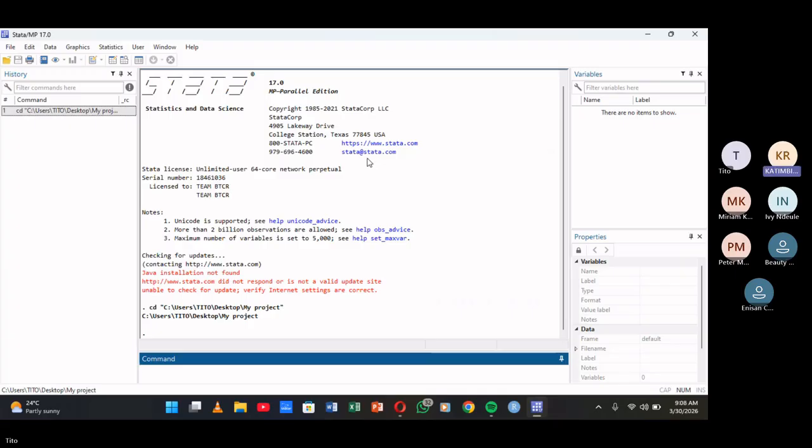Creating a log file using the command line, we will type log, then space, using, then space, open inverted comma, session, full stop,